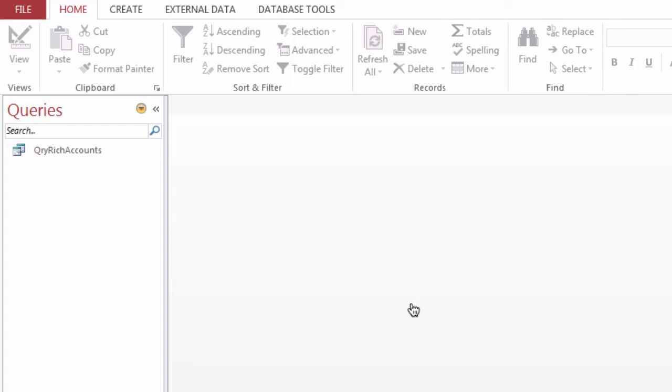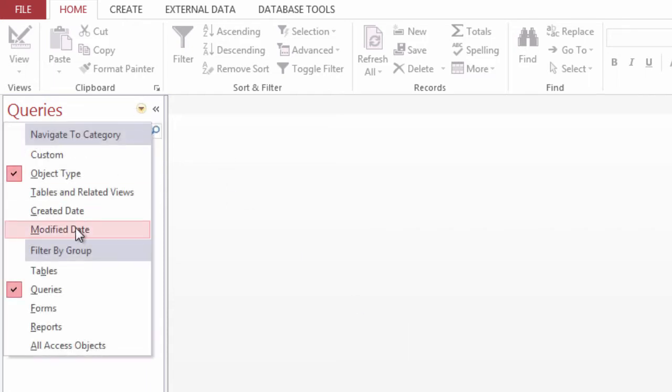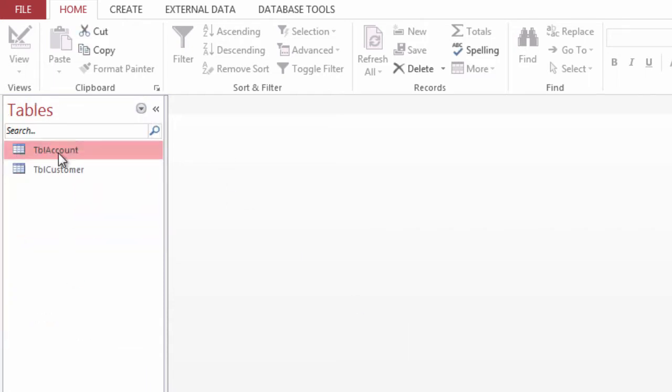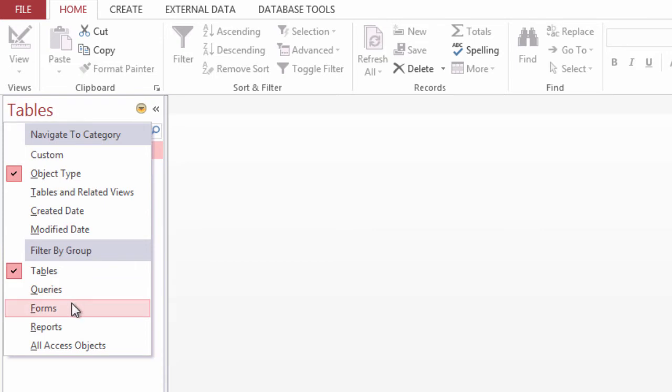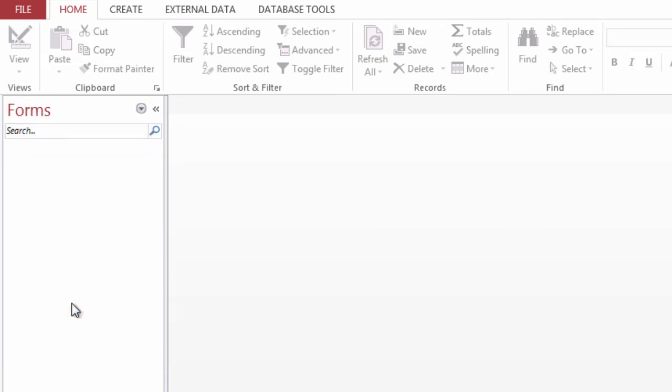Welcome back. We just finished creating a query called Query Rich Accounts. We also have two tables, table account and table customer. So now what we want to do is try to have a very basic introduction to something that I call forms. It's right here. If you switch to the object view, you go to forms. Just to show you that this is a different way of looking at the data that's out there in the